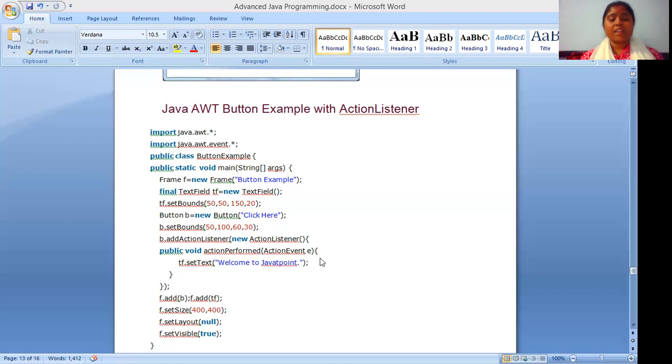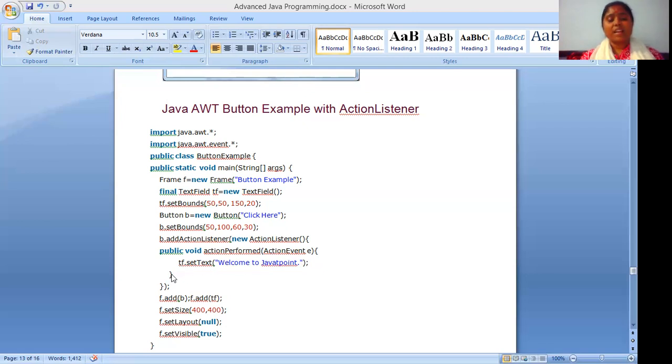Now we are creating its body, and what we are doing here is setting the text value, Welcome to JavaTpoint, in double quotation. tf is the text field where you want to show this text. We are using tf.setText, meaning we are setting this text value into this tf field.